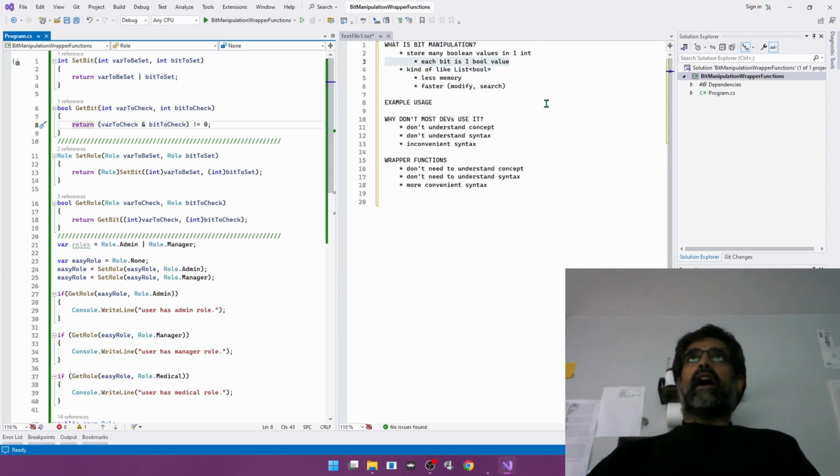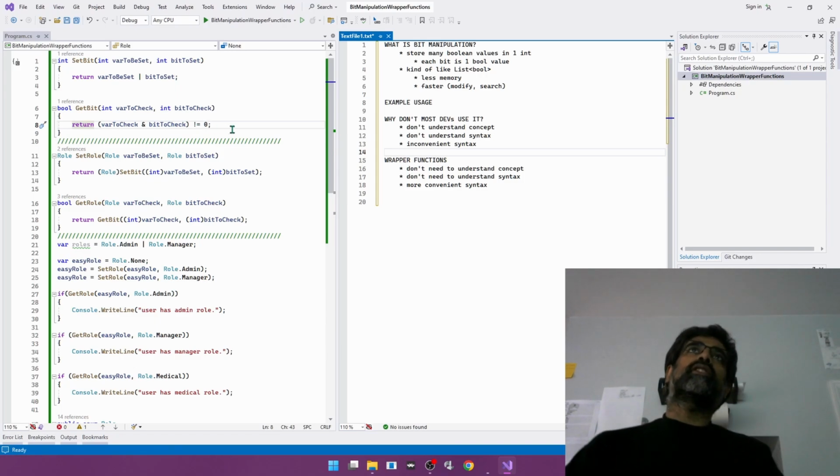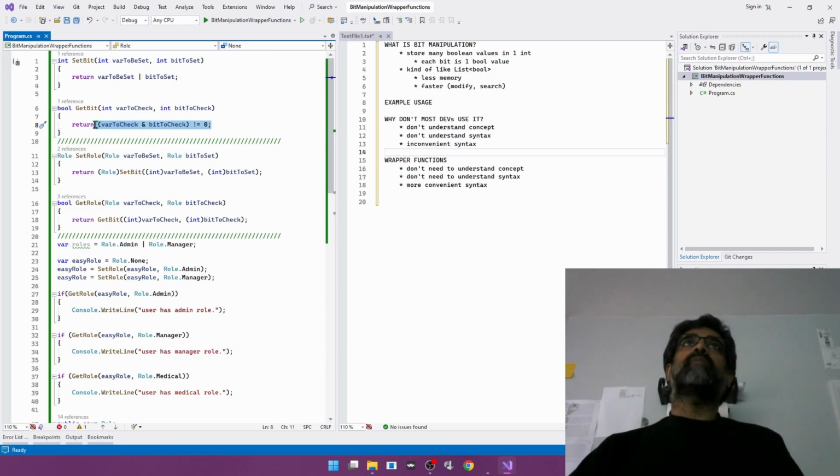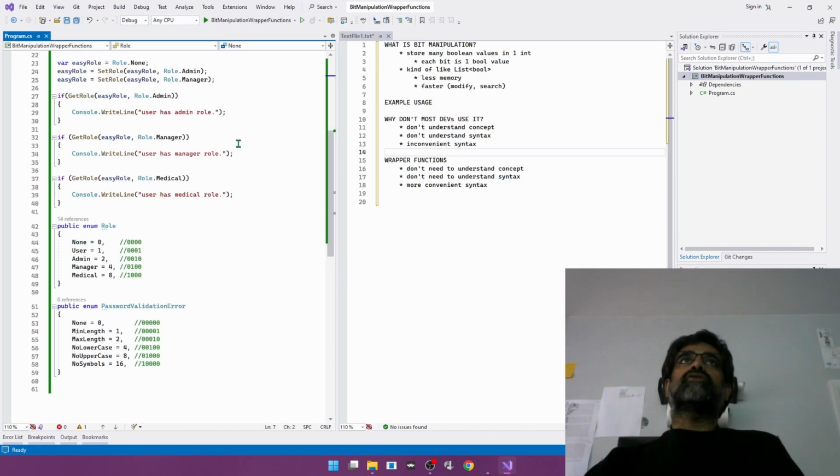So I've added some wrapper functions that allow you to use this language feature more easily, right? I've made it so you can do the same thing by just calling a function instead of having to type all this out. And before I continue farther, let me show you some examples of when you might use bit